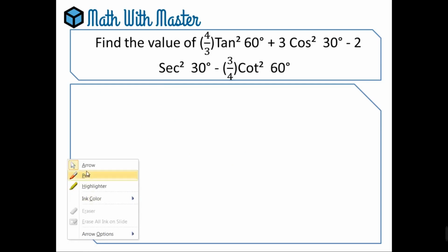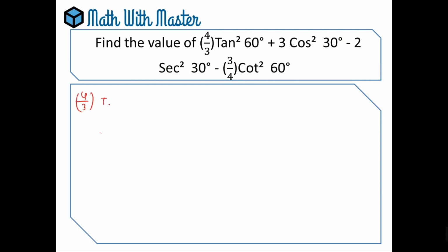Now we will move towards the next question. This is the next question: 4 by 3 tan square 60 degrees plus 3 cos square 30 degrees minus 2 sec square 30 degrees